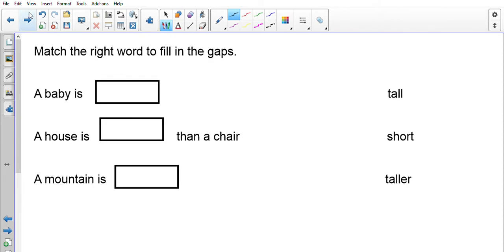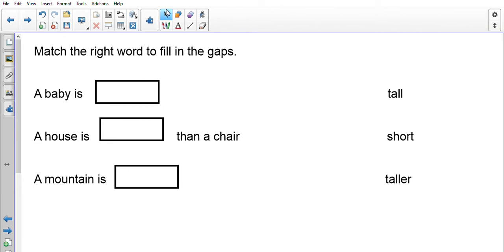So we've got to match the right word to fill in the gaps. Let's read the sentence. A baby is tall. A baby is short, or a baby is taller. I think I know, but I'm going to look at the other ones first. A house is something than a chair. A house is tall than a chair. A house is short than a chair. Or a house is taller than a chair. Which one would make sense? And then a mountain is